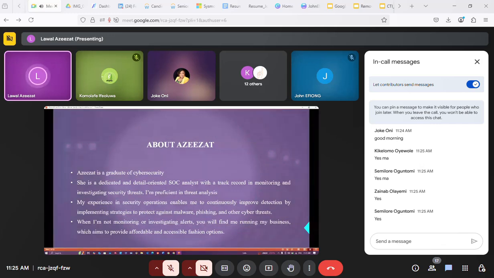Let's know a bit about me. I'm Azizat Lawal. I'm a graduate of cybersecurity from the First Technical University, Ibadan. I'm a dedicated security analyst, which is SOC analyst, and I have experience in monitoring and investigating security alerts. So, in summary, my expertise lies in threats and malware analysis. When I'm not monitoring or investigating alerts, you'll find me running my business, which aims to provide affordable and